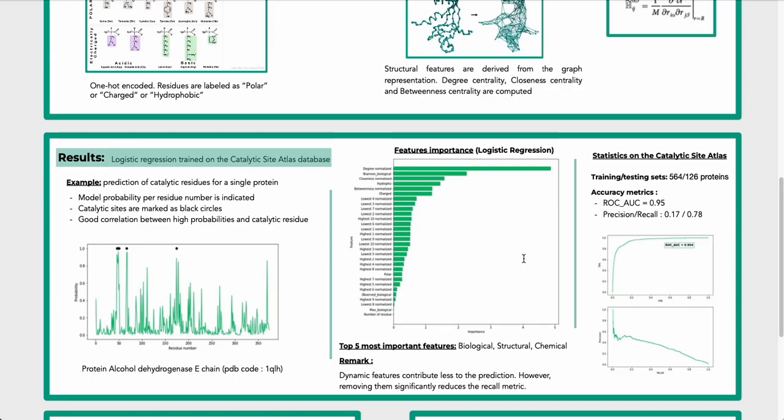However, we have observed that although the dynamic features do not contribute a lot to the prediction when we observe this graph, when we remove them, it drops the recall metric significantly. And from a general statistical point of view, we have observed on all the test sets a ROC AUC of 0.95 and a precision recall of 0.17,